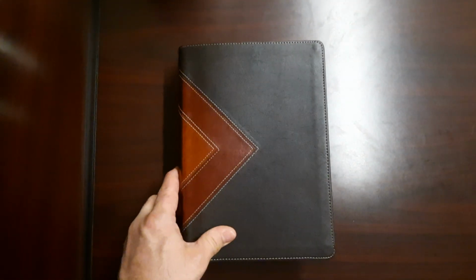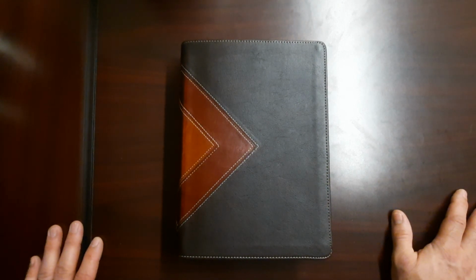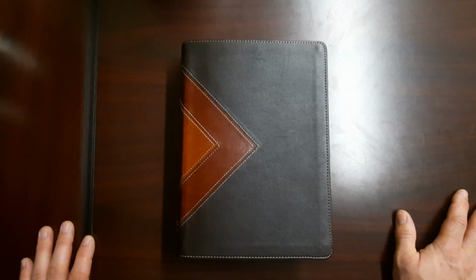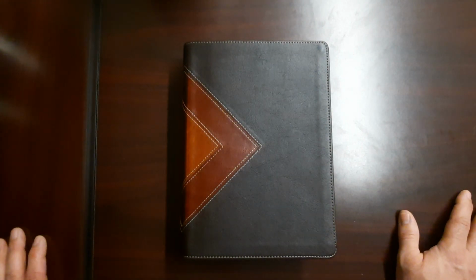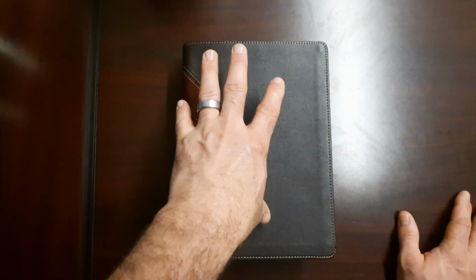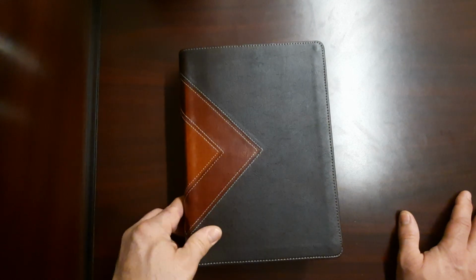But there it is. If you want a good study Bible, it's going to be pretty fair. Give you argumentation from several points of view on hard subjects. A Bible that's going to give you lots of history, lots of commentary to help you understand passages, background, cultural information. All of that stuff is going to be in this Bible. And it's one that I really wanted, and my wife was kind enough to get it to me, so I